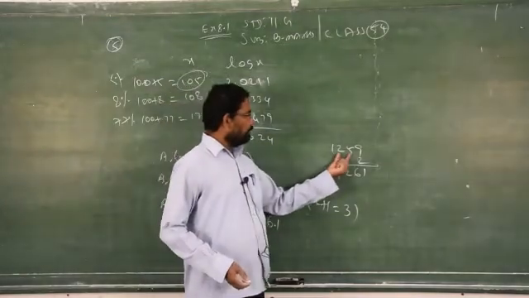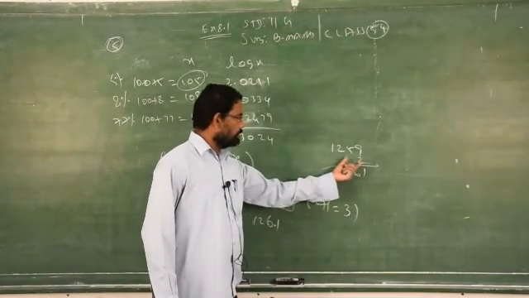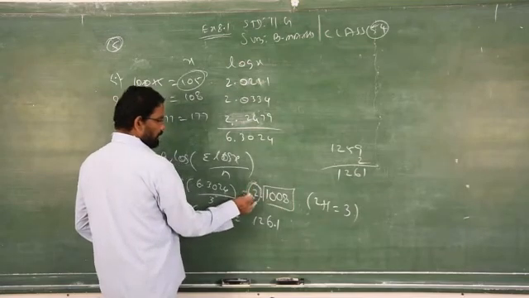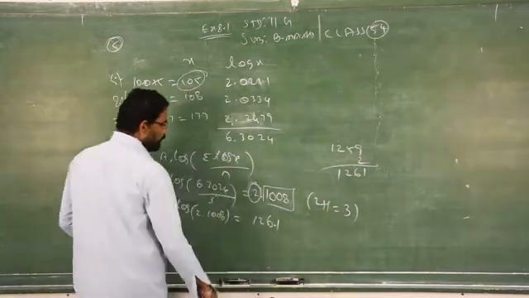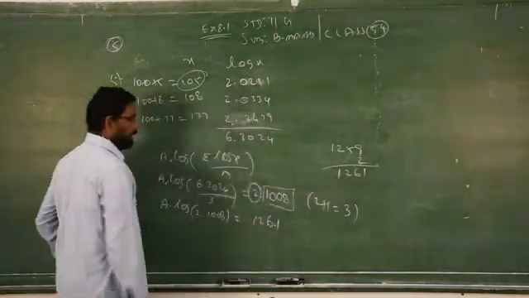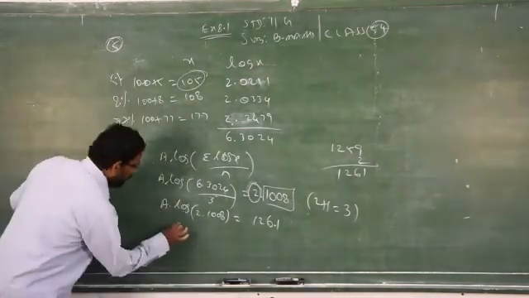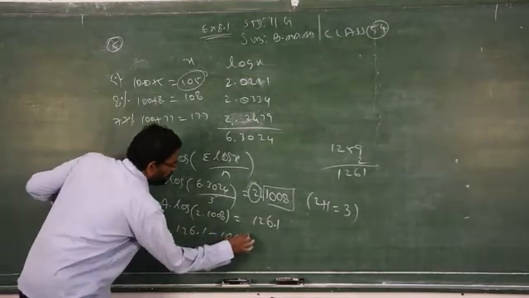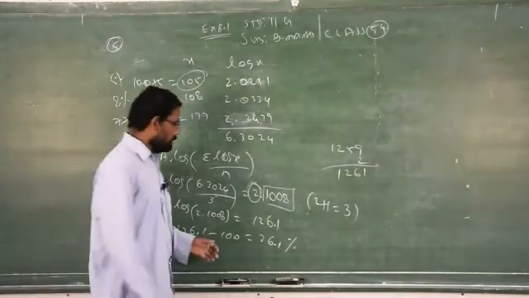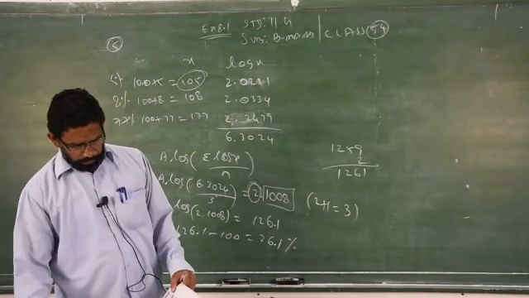10 under 0, 1, 2, 5, 9. Then mean difference 8 under 8 is 2. So just add and write. Then how do you keep the point? Here you can see the integral part. Integral part 2. 2 plus 1 is what? 3. So you have to count how many digits from the left side? 1, 2, 3. So you can keep the point after 3 digits. So now what is the increasing percentage? You have to subtract 126.1 minus 100, which will give you 26.1%. So the overall increase in this process is 26.1%. So we will see the remaining problems in the next class.